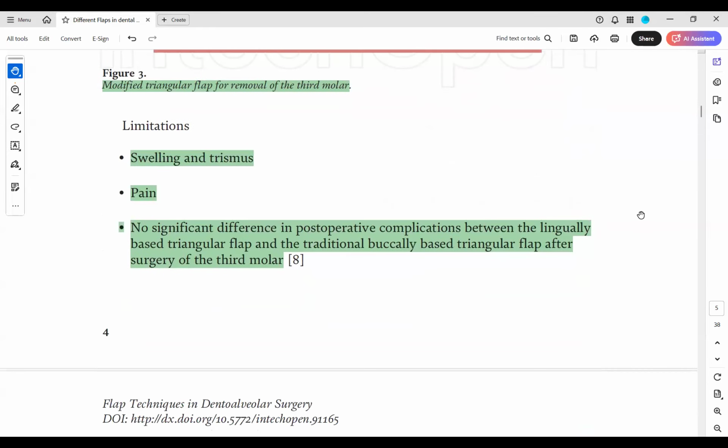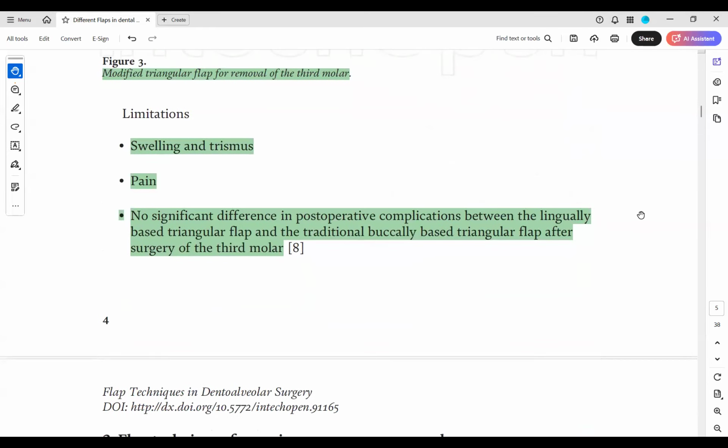Only challenge, and in the exam the question may get asked, you can be given an SBQ. It could be about the third molar surgery and the preferred flap technique could be asked in the exam, and then a follow-up professionalism and health promotion question could come up. What would be your post-op instruction to the patient, right? So what could be the post-op instruction to the patient?